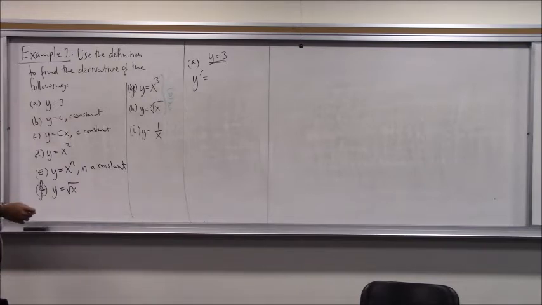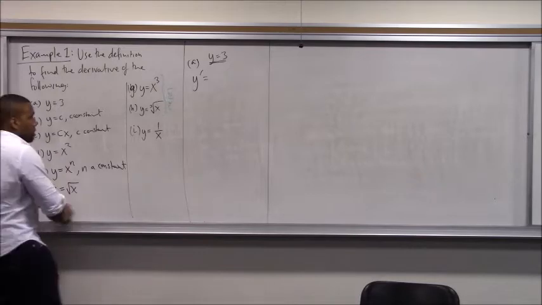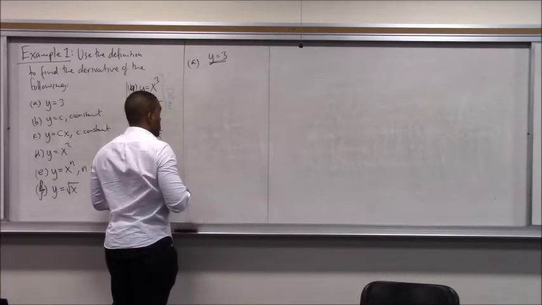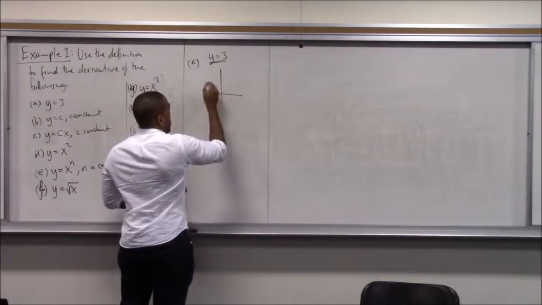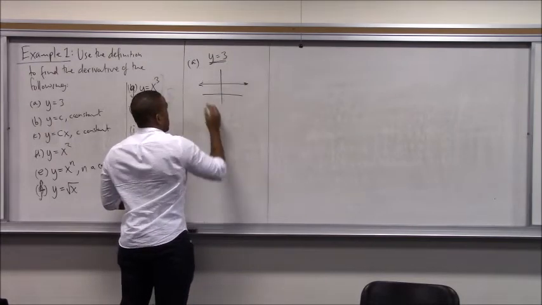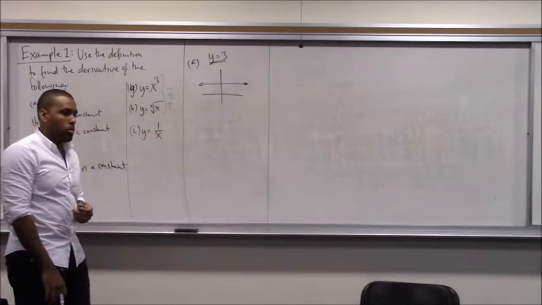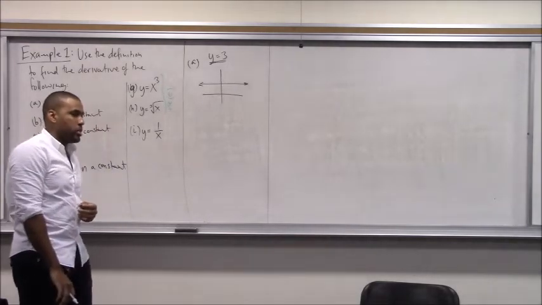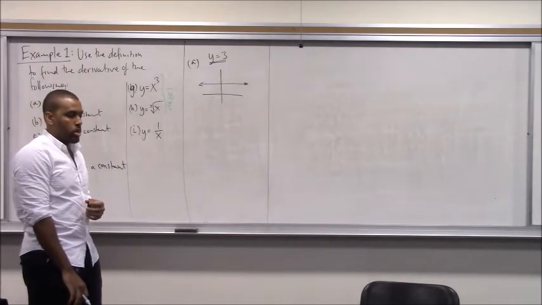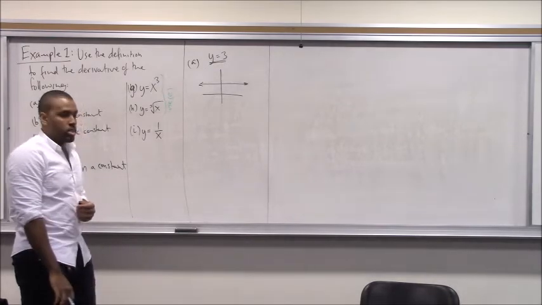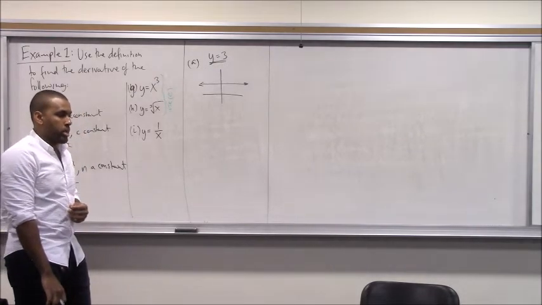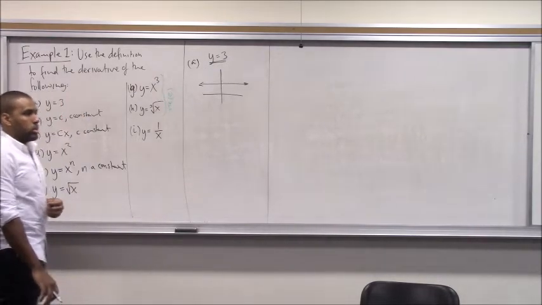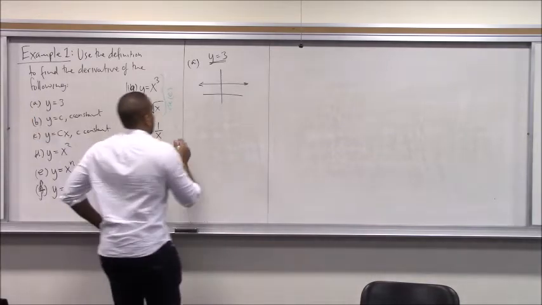Because y equals 3 is a graph of a line and there's no slope. Y equals 3 is just a horizontal line. Derivative is a synonym for slope. So me asking you to find the derivative of y equals 3 is exactly the same as me asking you to find the slope of y equals 3. A horizontal line has slope 0. Therefore, we expect the answer to be 0, but let's actually do it